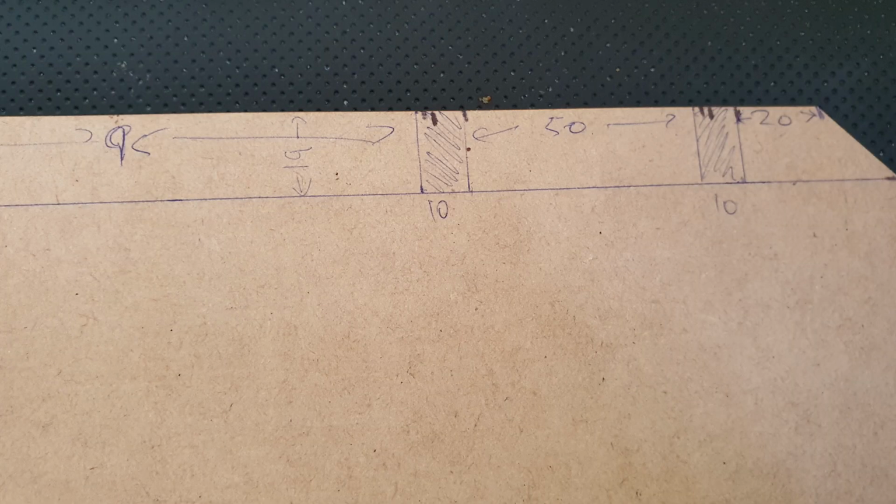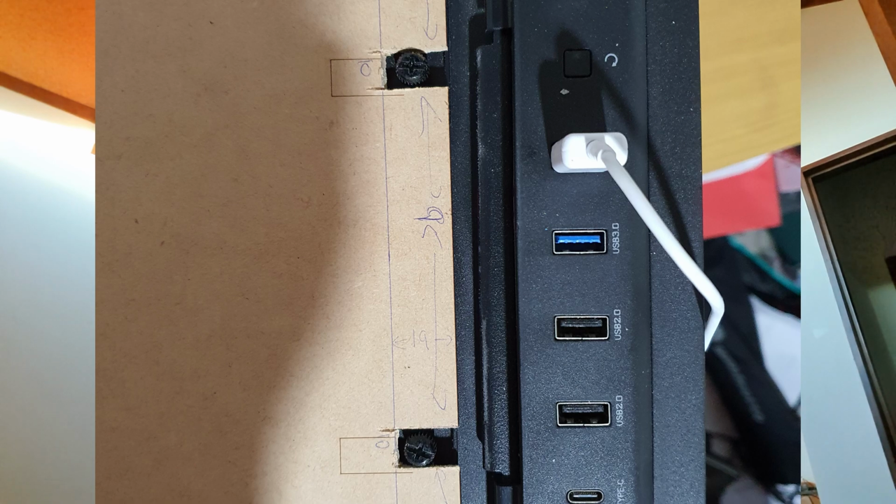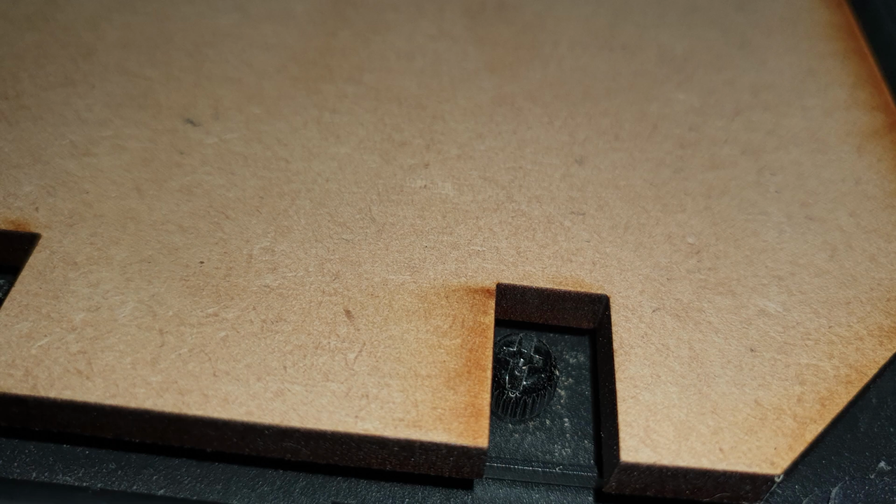So we need to modify the template. So I measured off the holes for each side and did a rough cut, and they worked well. They're in the right place. Another cut out of the MDF wasn't quite accurate, so with a quick modification and a new plan, we got set to work